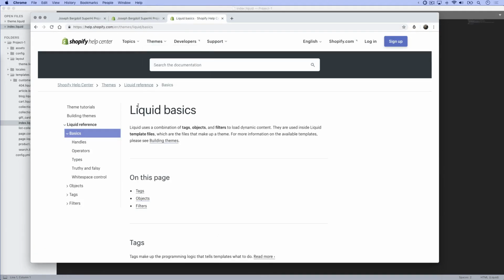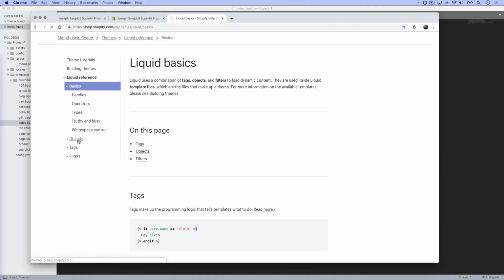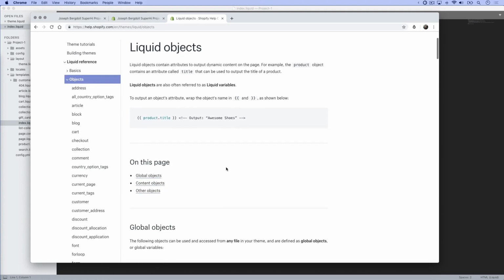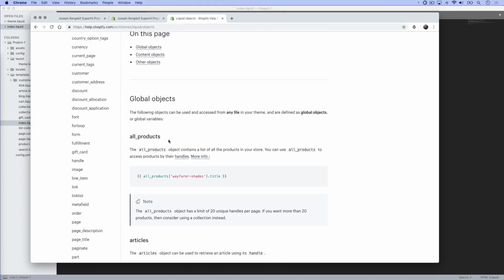So coming back to the Liquid Basics, we're going to go into objects and figure out how we can just show one product. Within Shopify, there are a couple different variables that can be accessed on any template anywhere, which are the global objects. And one of them is all_products. So this way we'll be able to get a single product anywhere. And it says you can use all_products to access products by their handles. So I'm just going to copy this and